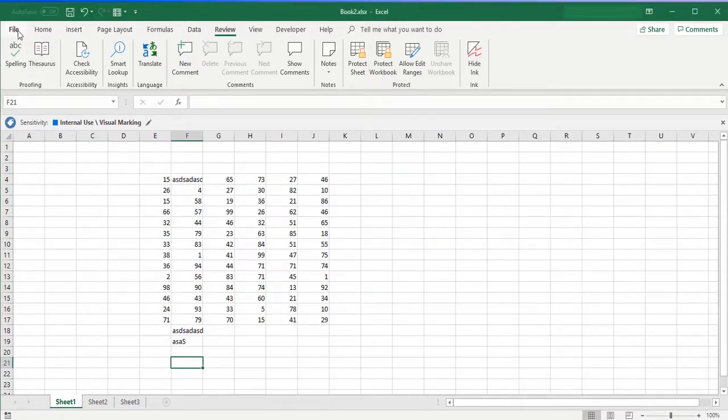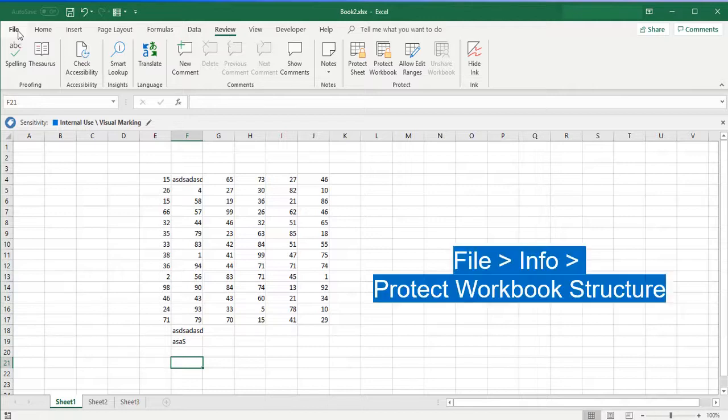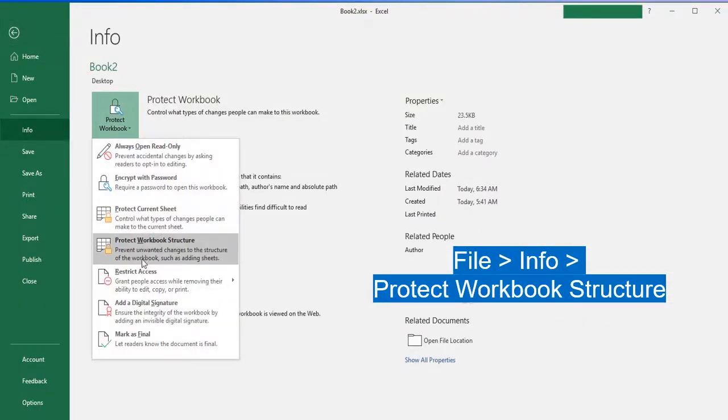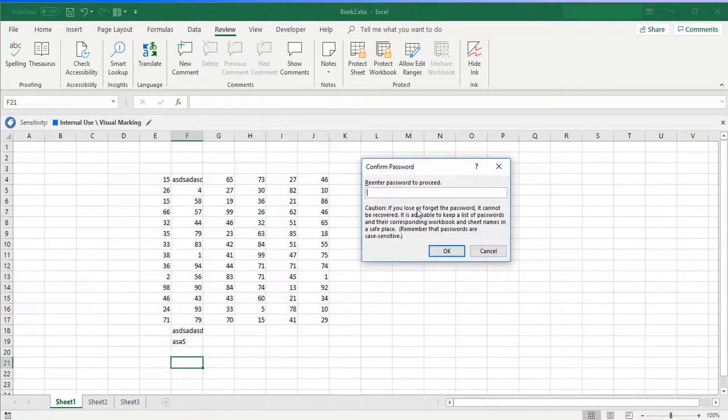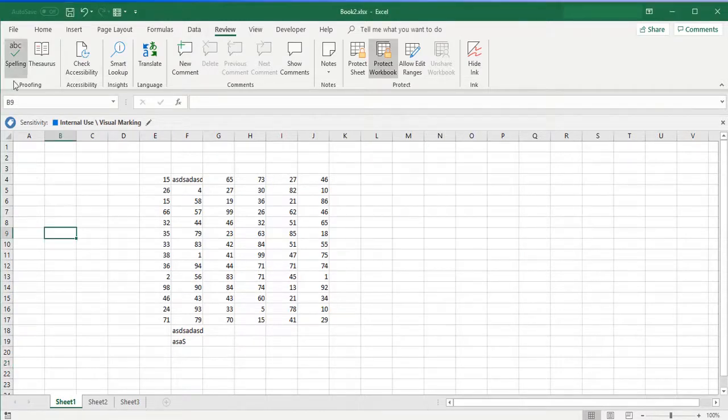Now click on File. I will show you one more option to protect a workbook. File, Protect Workbook, Structure. Click on this. Again, it will take you to the same page. You have to follow the same steps now. Give the password 1 2 3, just convenient. Again 1 2 3. Okay. By using this option also, we can protect the complete workbook.